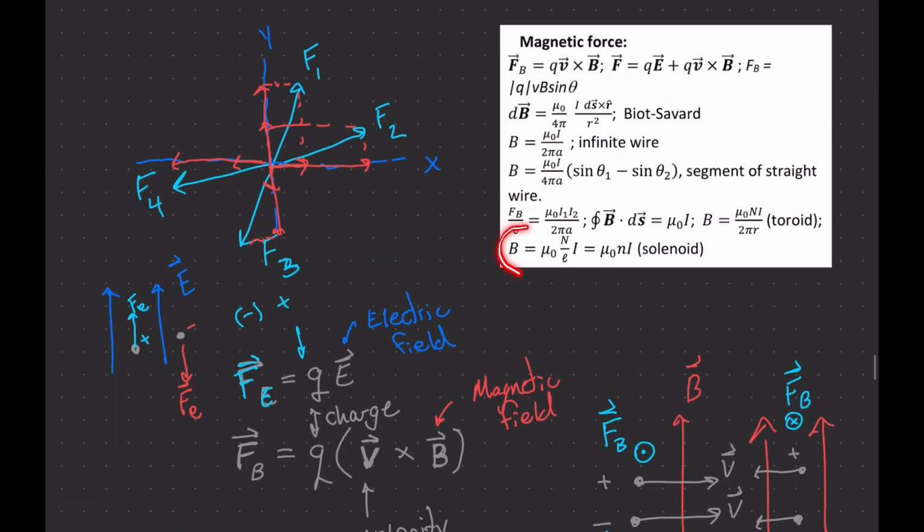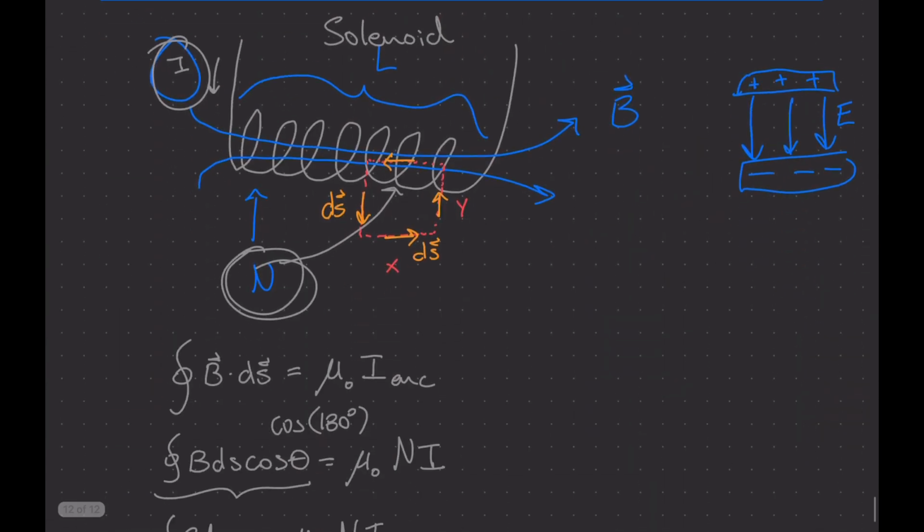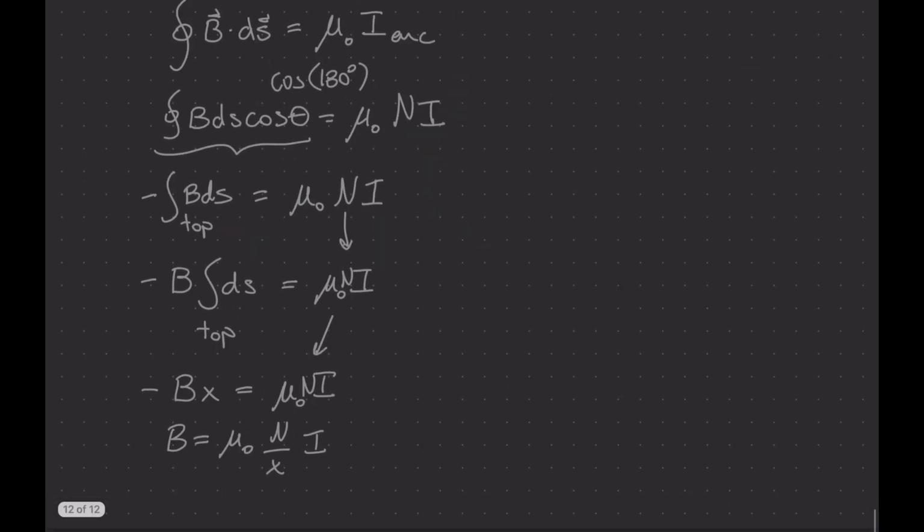So you can see the solenoid, the mu naught n and I. The only difference is they used L for the length over there. Normally this L, you could say, is the length of the solenoid. So if I want to find the magnetic field of the whole solenoid, I can just create a big Amperian loop like this, and this entire thing would be the length of the solenoid. In this case, I just chose a small one like this, so the length of this thing I called x. But you can see it's the same thing. Mu naught N over x. This N over x is N over L in the equation sheet,